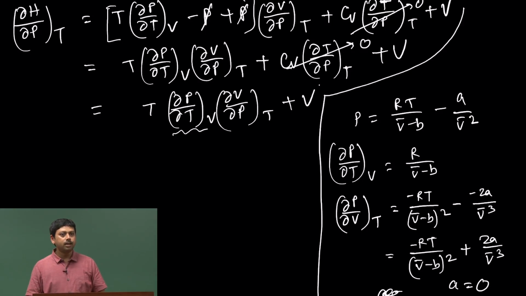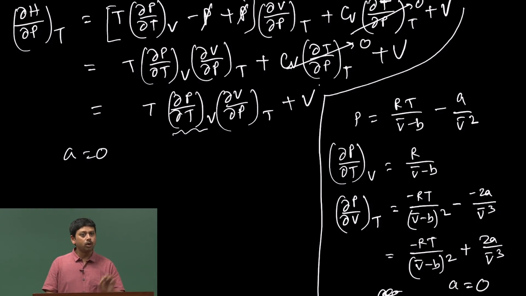What does it mean? That particles do not have any interactions among them. All that it has is a finite size. That means they cannot really go and bump into each other. So, we are taking a limiting case of A is 0 and B has a finite volume. Remember, if B is also 0, we are going to go to the ideal gas.